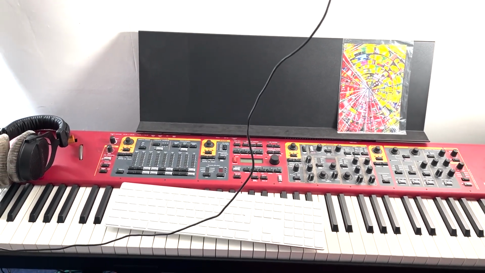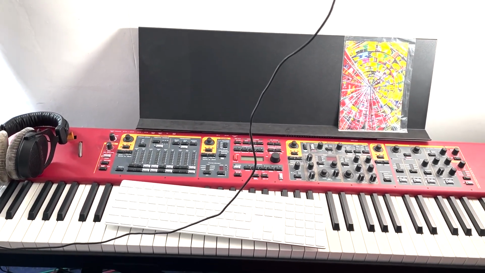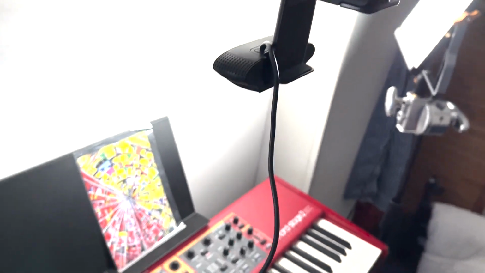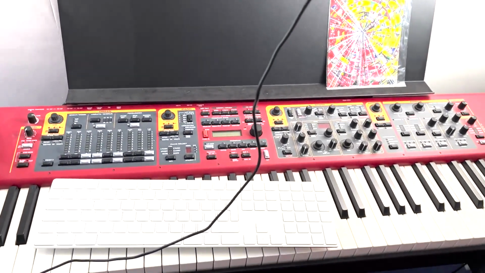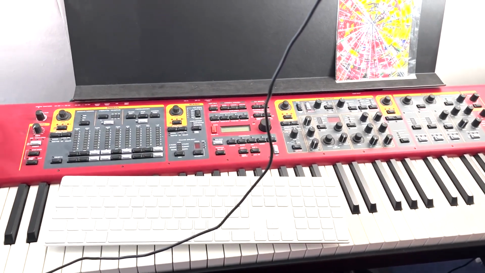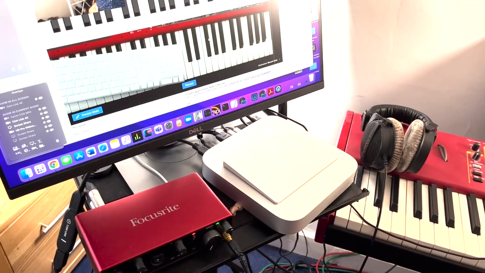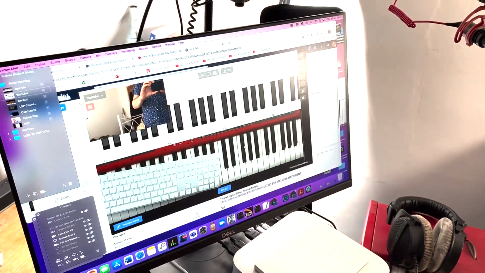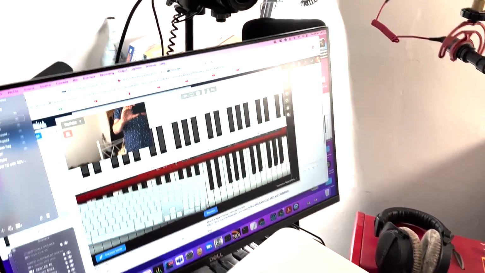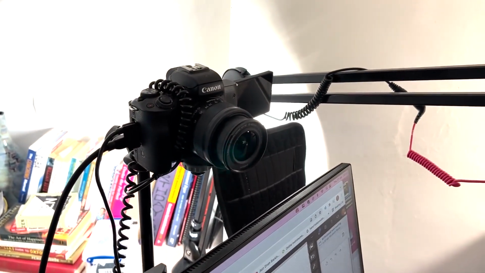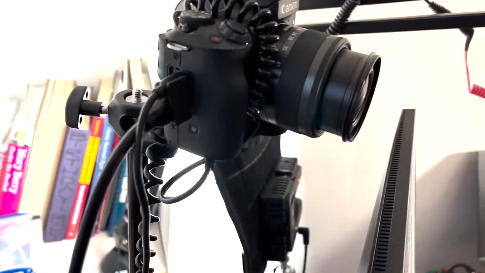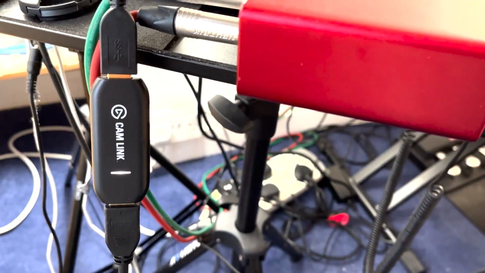This is for piano teaching online, and I've got a keyboard, I've got a little Logitech webcam looking down on the keys. I've got, let's go over here, a computer audio interface, and that's EcammLive software. I've got a DSLR, an M50, coming out, HDMI, that goes into a capture card, and yeah, it all goes into this Mac